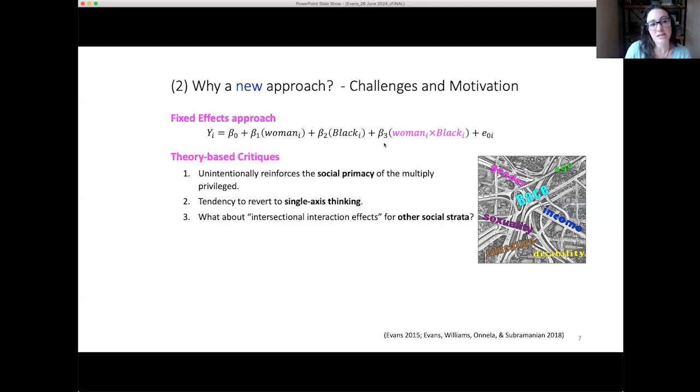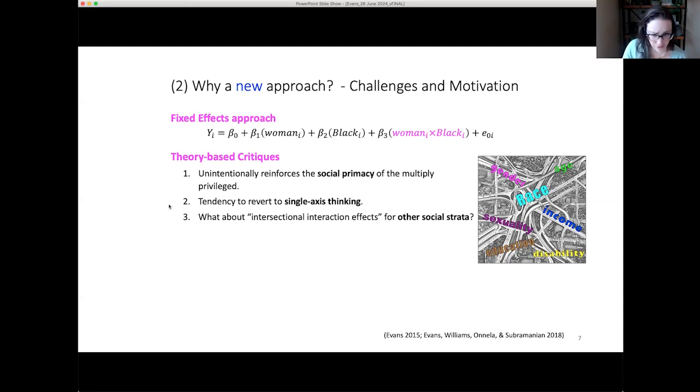But as you start to lean into intersectionality, there are some critiques and some problems that show up. So some theory-oriented critiques are, first of all, there's something about the setup of this that rubs people wrong sometimes. We seem always to be putting our most privileged reference group, usually rich white men or highly educated white men, as our reference category. Are we somehow, by using them as the yardstick against which everyone else gets measured, subconsciously reinforcing their social primacy, as if this is the default human and everyone else is just permutations on that theme? So that's certainly a critique that has been floated here.